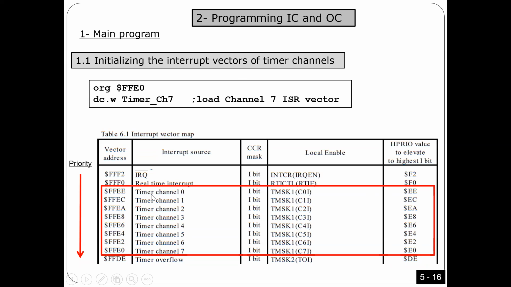If you want to use channel 0, you have to use this one, then channel 1, channel 2, channel 3, channel 4, or you can use more than 1. I didn't say you can only use 1 channel at a time. You can use all of them. For every channel, you have to use 1. Remember, in the test, we used IRQ and RTI, and we wrote 2, 1 for IRQ and 1 for RTI. So you have to write 1 for every interrupt. If you use 10 interrupts, you have to write 10 of this statement.